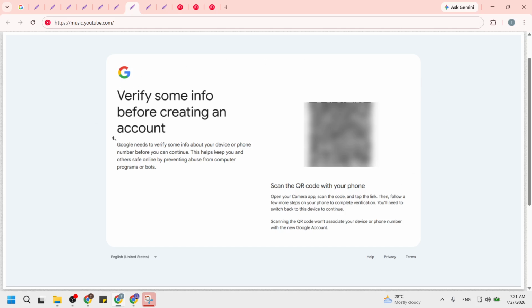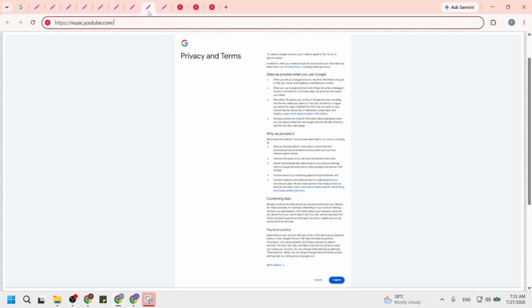After that, confirm your account details by completing the mobile phone verification or adding a backup recovery email address. On this screen, Google might ask for your phone number so they can send a code by text or offer a field to enter another email you already own. Enter the requested information, then follow the on-screen prompt to get and type in the verification code if needed.